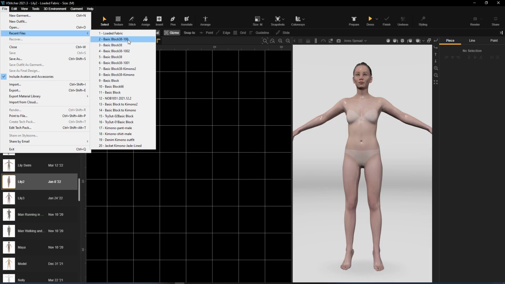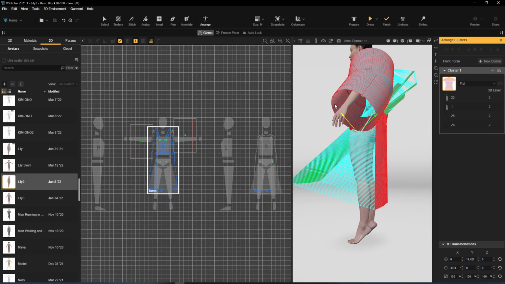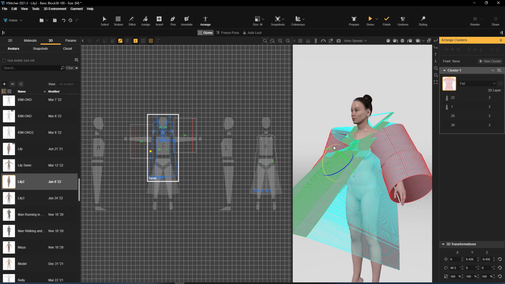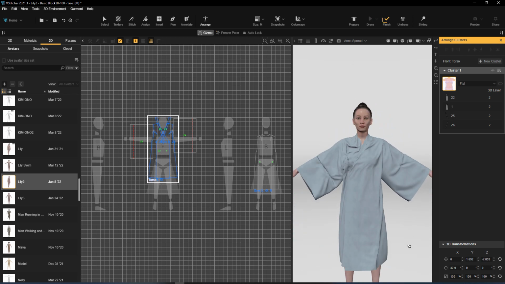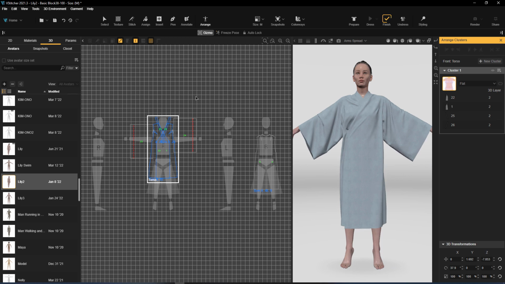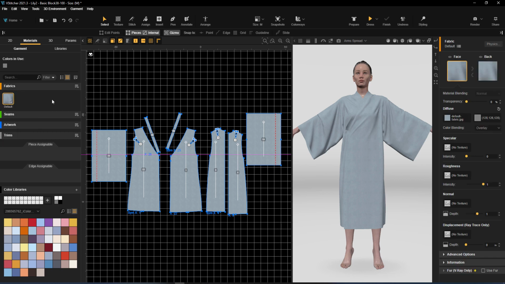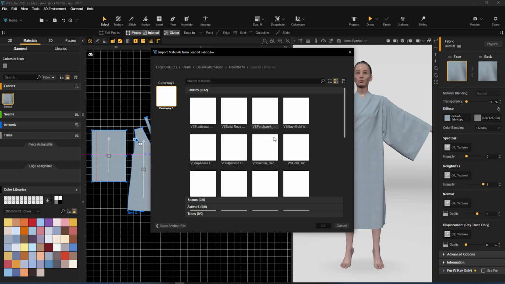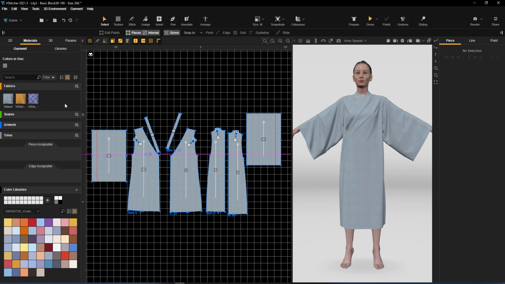Now we are on to colors and textures. This might have been my favorite part of the project, just looking at all of the different variations for kimonos as far as color, even on my mood board, and testing out some of my Substance 3D fabrics. And some of the fabrics offered by Browzwear as well were really, really great inspirational fabrics. So I was able to come up with some really cute combinations for kimonos that we already draped in 3D. So now we're going to go ahead and dress this